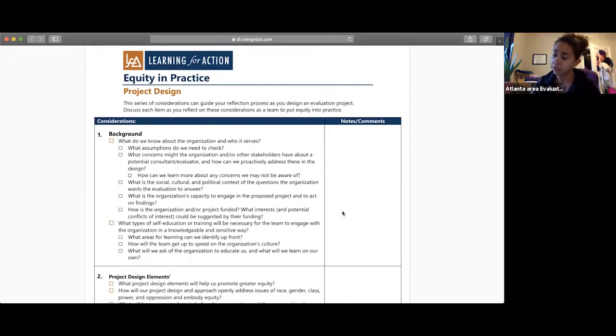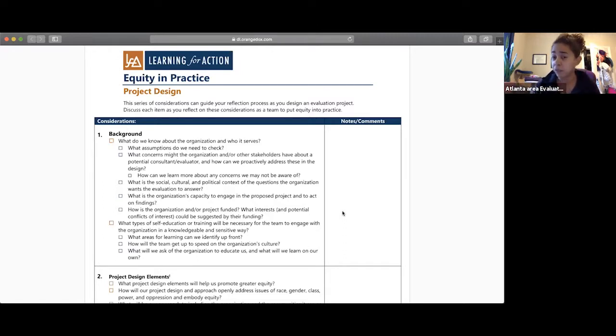If we think about these types of questions at the front end, that will ensure that, one, we put together the right team to do the work. And also that we are thinking through these important questions on the front end, so we don't go too far down a path where we've failed to consider factors like social, cultural, and economic context, and failed to think through things like who should be at the table informing decisions when we're going through planning. So at a high level, that's an overview of the value of checklists.